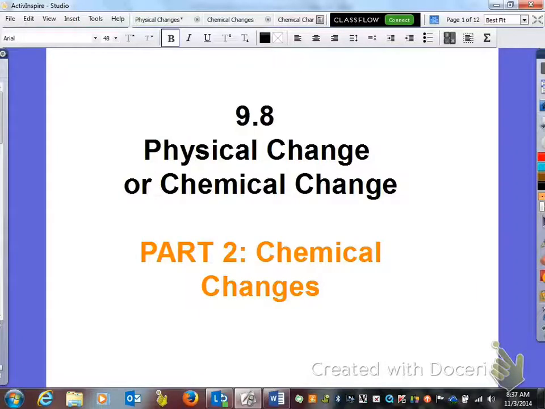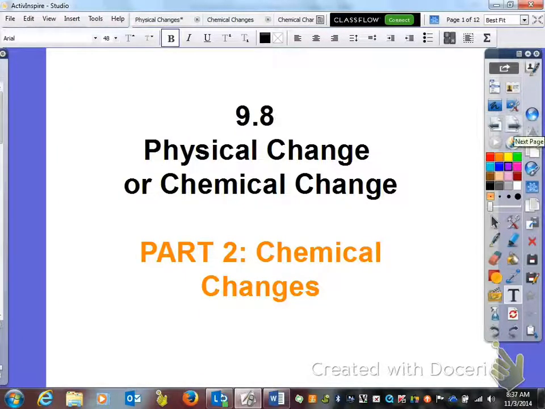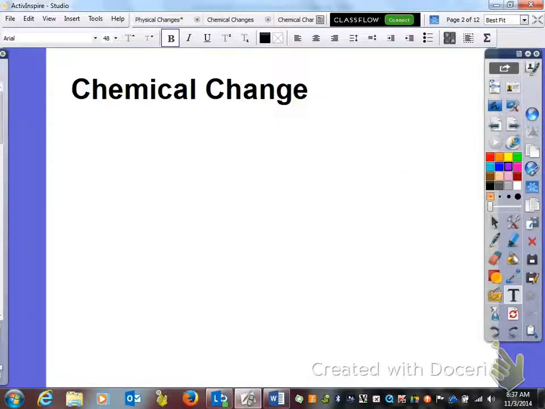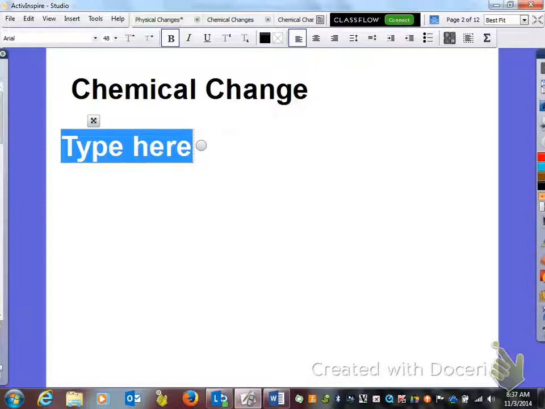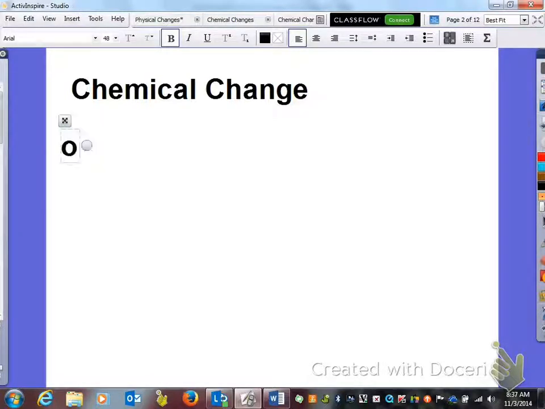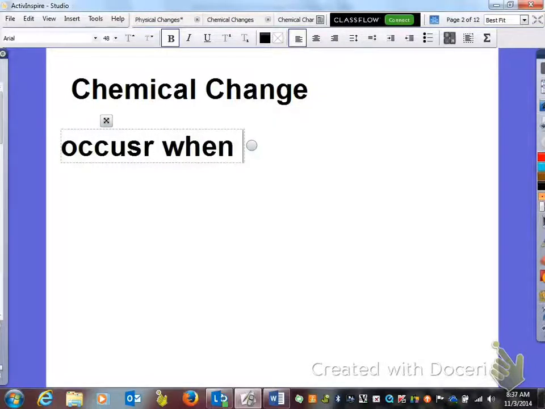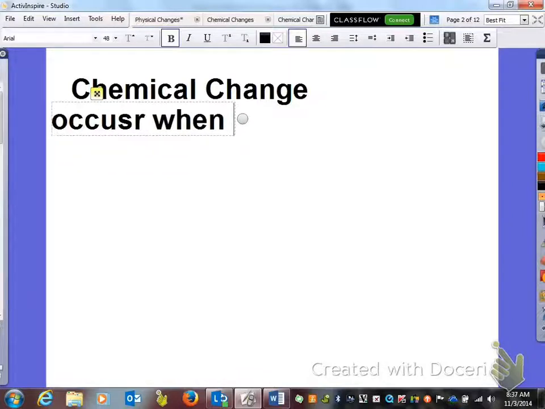Okay, this is SP 9.8. On this one, we're going to look at what chemical changes are. The first thing we need to define is what a chemical change is. A chemical change occurs when, I'll go ahead and scoot this up because it's kind of a lengthy definition,